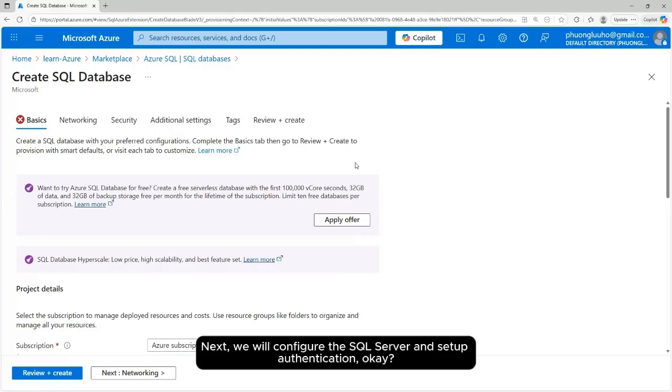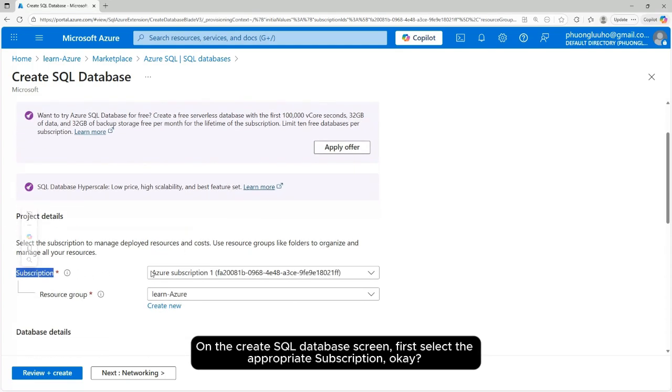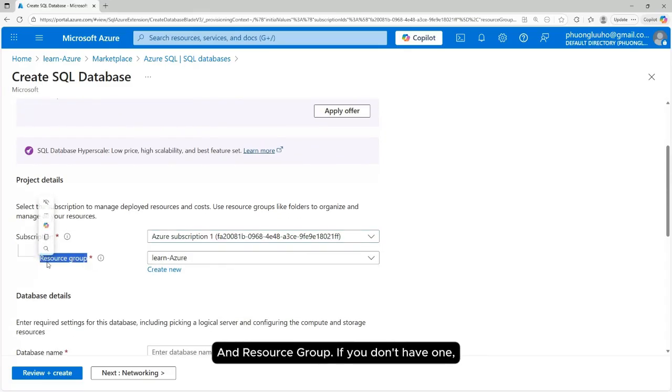Next, we will configure the SQL Server and set up authentication. Okay, on the Create SQL database screen, first select the appropriate subscription. Okay, and resource group.